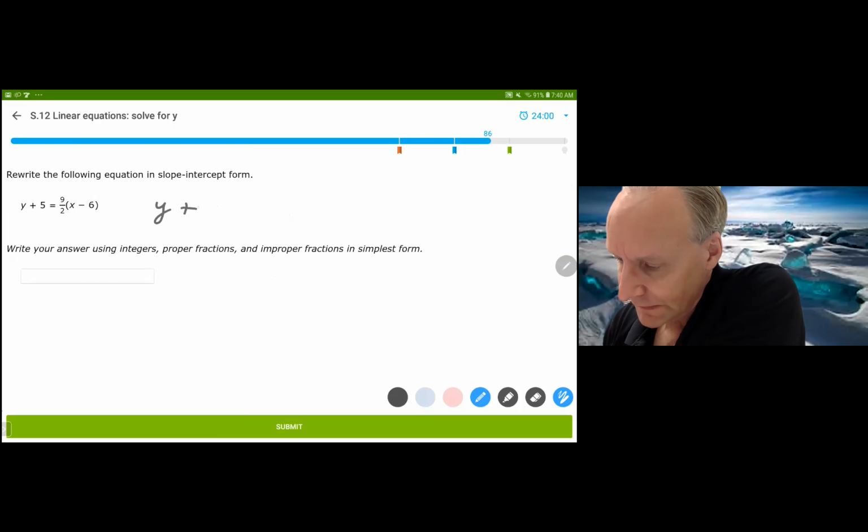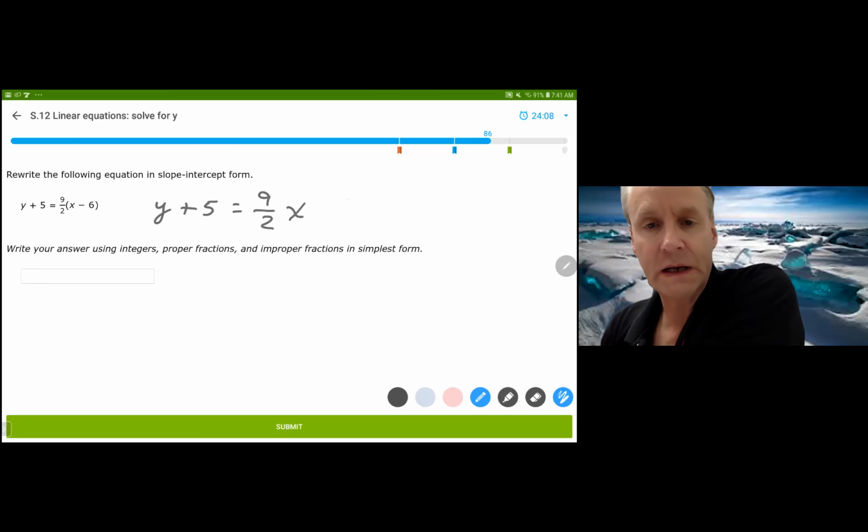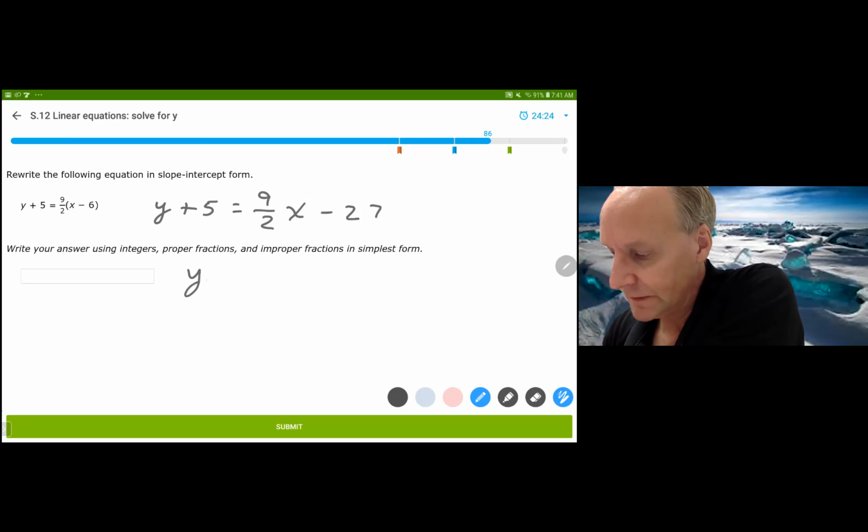Y plus 5. I'm kind of keeping an eye on the door because somebody's going to come in any minute here. I'm going to multiply the 9/2 times the minus 6. Now, a lot of people are going to multiply the 54 and then divide by 2, which is 27. But it's probably easier to simplify the 2 with the 6 and then multiply by the 9. So either way, 3 times 9 is 27. And I'm going to subtract 5 from both sides, and I get